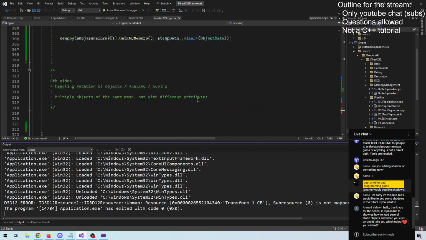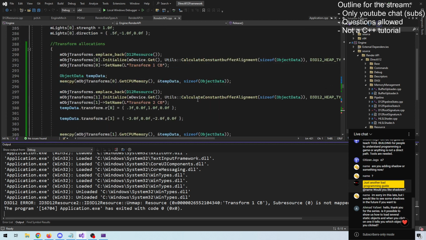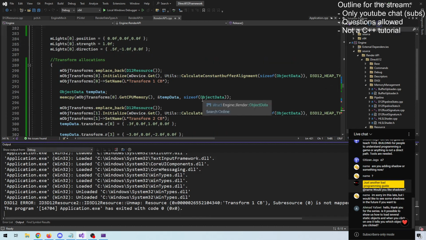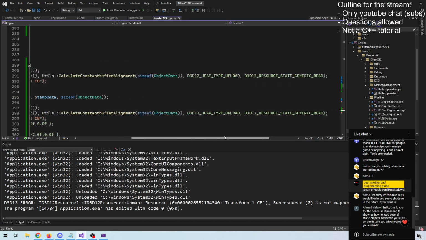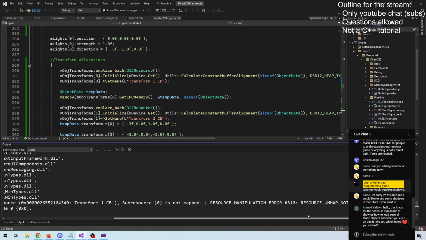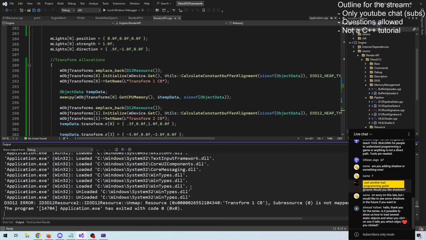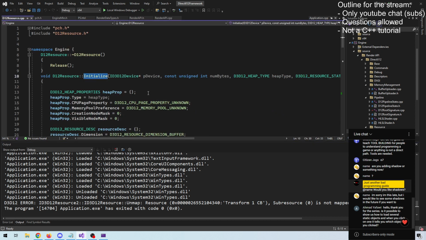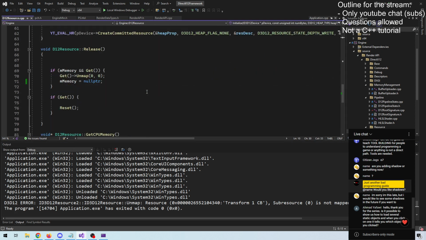Huh. It's not a critical bug since it happens on resource deallocation, but yeah, I don't think it's supposed to do that because